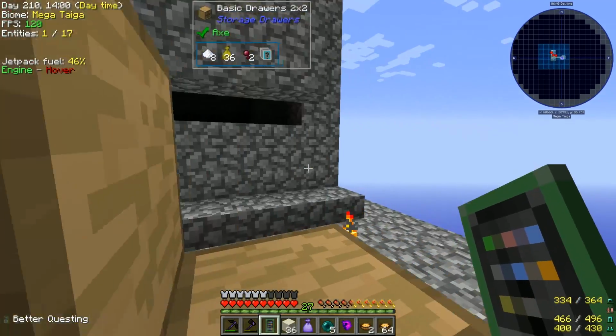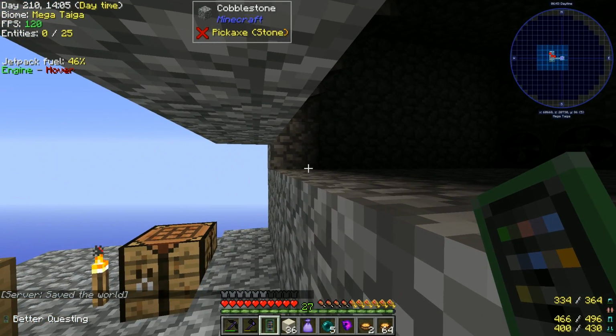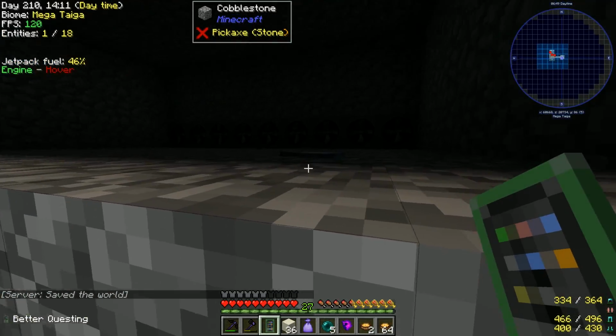We did have a little bit of a problem with spiders. They take a little while to die, because they can kind of get trapped in this bottom section here. They're not quite 2 blocks tall. And then also baby zombies tend to get stuck at the bottom here, although I can see a loot bag